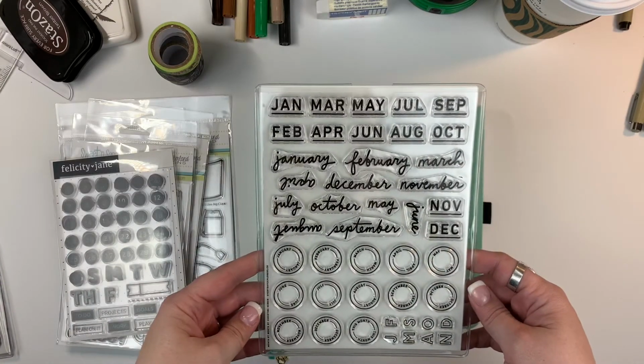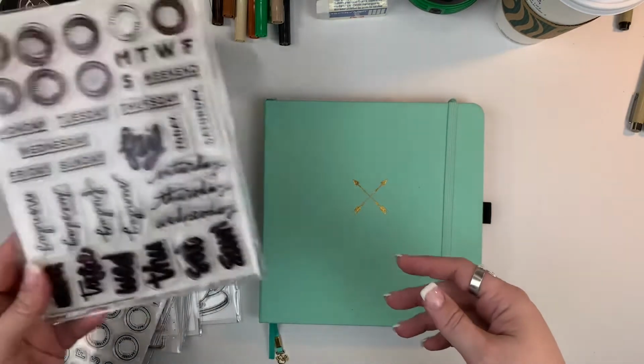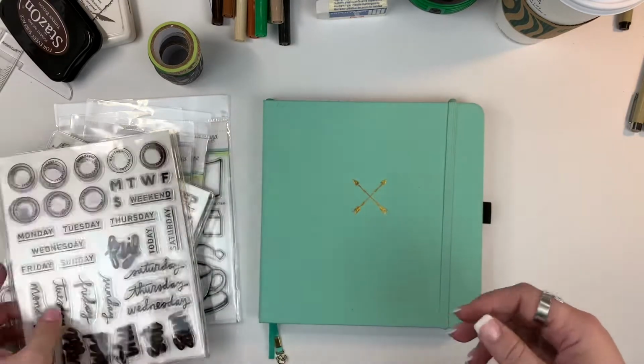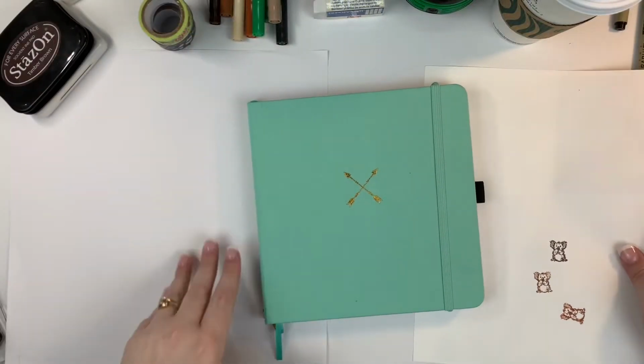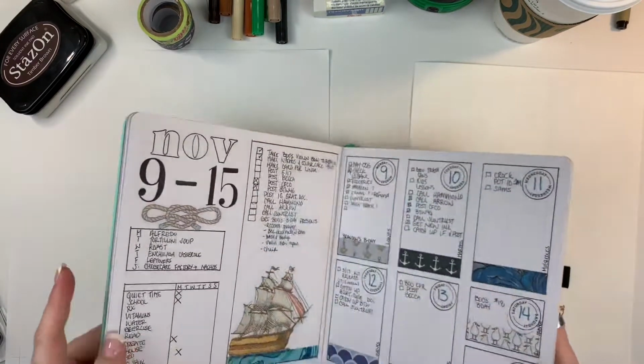And then I have some Everyday Explorers stamp sets. I may or may not use these. I'm not sure. I have the months and then the days of the week. These are two different sets. So let's get started. I'm just adding some paper underneath my bullet journal here because I am a kind